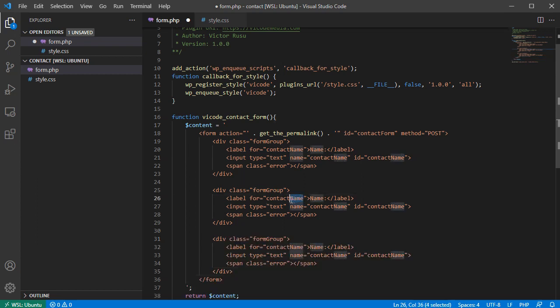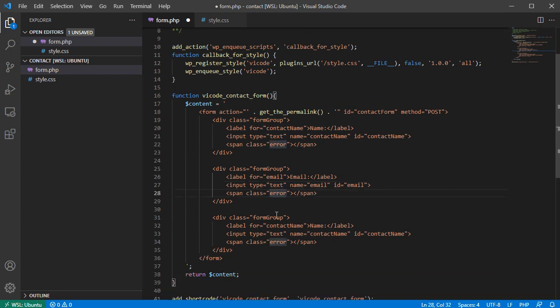Form group. This is gonna be contact. Okay, label for email. Okay, this is gonna be email. Type text here, name email, ID email, and we will have an error, of course. And then below here we will have for comments text, and we'll put here message,